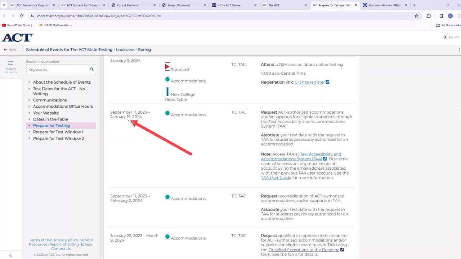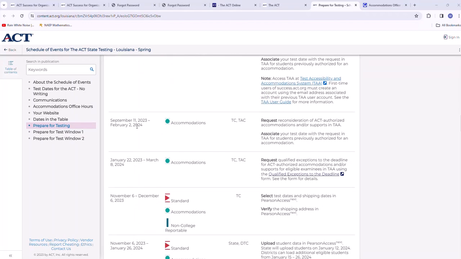So you have a little over two months to do the uploading of accommodations. And the TAA user guide, I gave you when we met before in person. But here's the link to it if you can't find yours.